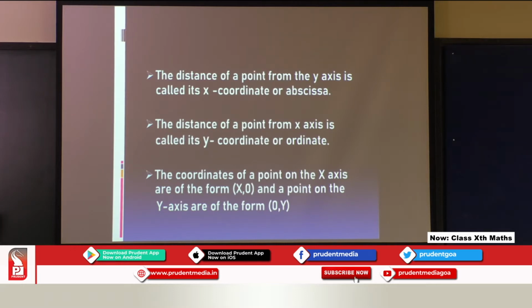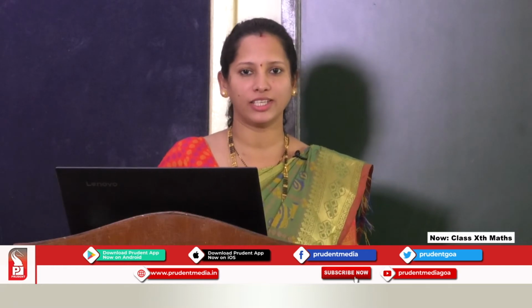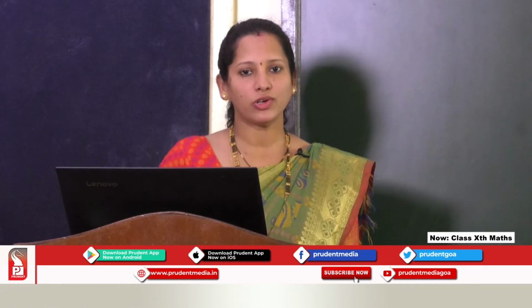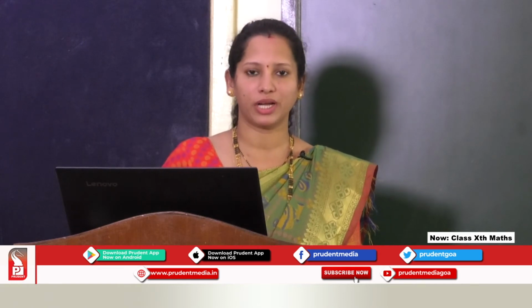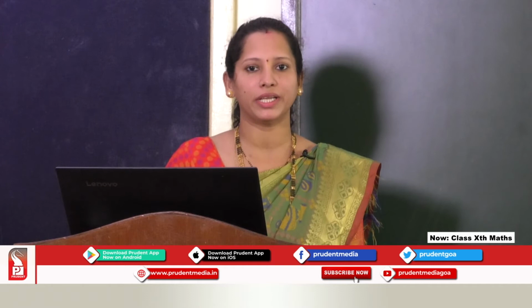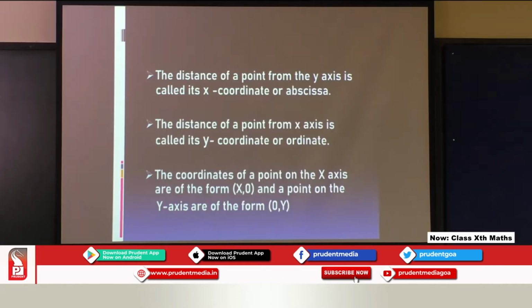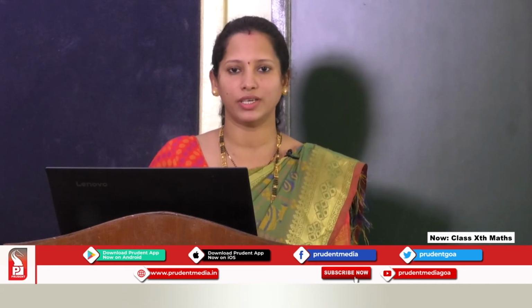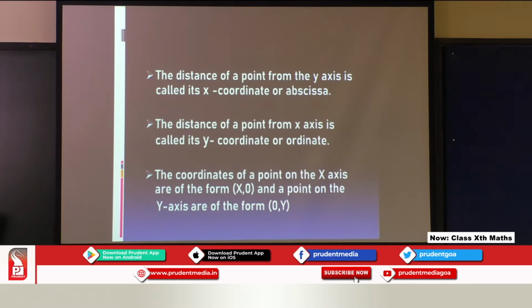In fact, coordinate geometry is used as an algebraic tool for studying the geometry of figures. It is also used to study algebra with the help of geometry and geometry with the help of algebra. Because of this, coordinate geometry is used widely in various areas like physics, engineering, navigation, seismology and art.